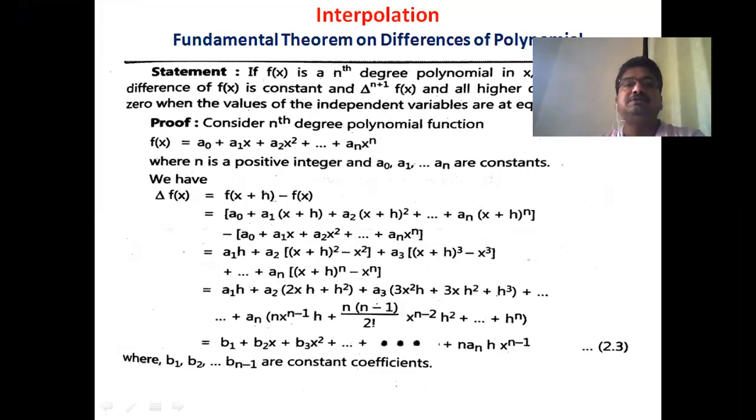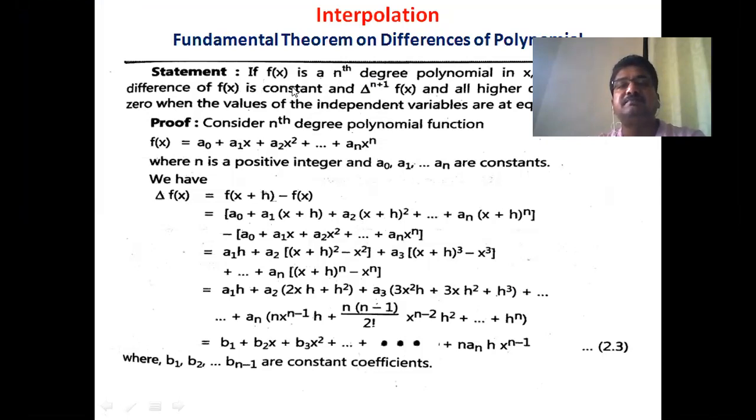Today the topic for discussion is the fundamental theorem on differences of polynomial and missing terms. These two topics are from the chapter interpolation. So the theorem is: if f(x) is an nth degree polynomial in x, then prove that the nth difference of f(x)